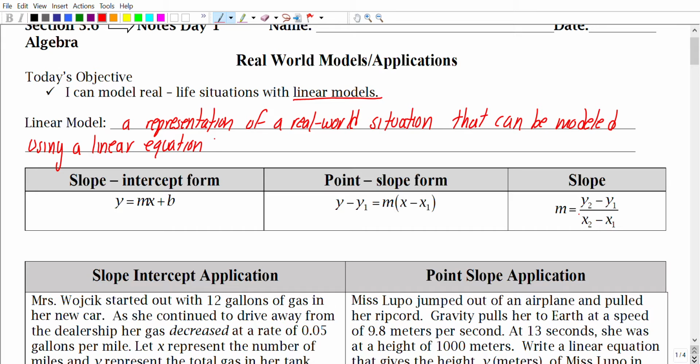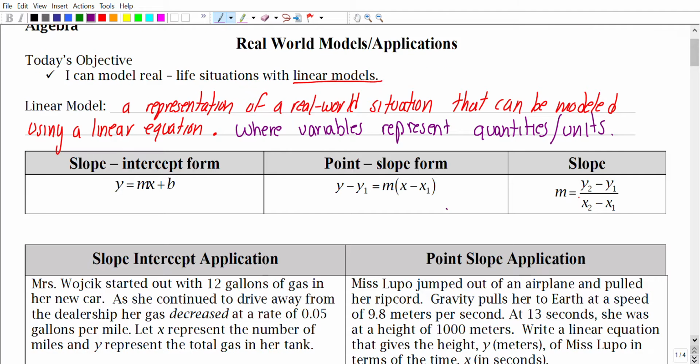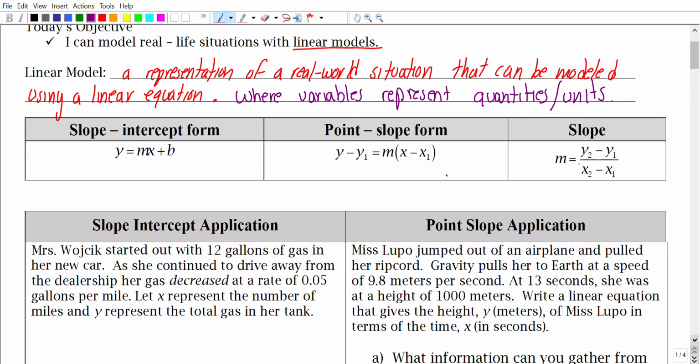As an extra note, I would write where variables represent particular quantities or units. In these real world scenarios, we'll see a lot of units being talked about in the particular problem, and we will represent those units as variables